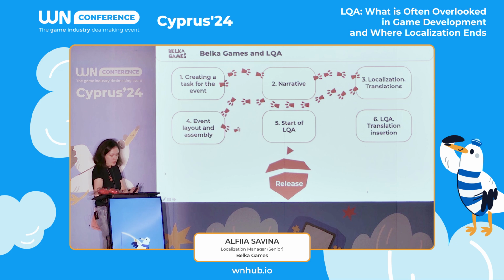On the screen, you see simplified steps showing what precedes the LQA stage and what follows it. I'd like to focus on how we arrived at LQA at our company, at Belka Games. The Clockmaker team aimed to implement LQA practices to improve translation quality and avoid receiving warnings when publishing in Google Play and the App Store. However, the lack of a localization manager made this plan slow to realize. Once this issue was resolved, the localization department's goal became to implement and fine-tune the LQA process in our projects.